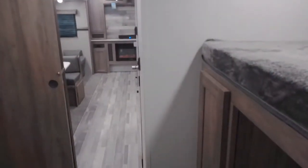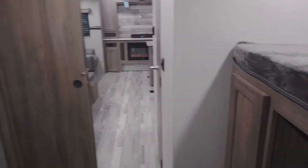The only time I shut them in my own camper is if my furnace is on or my air conditioner's on. Okay, and this is actually pre-wired for a second air conditioner. That's what that is. That's why you got the vent here to begin with. But if you're not going to put an air conditioner in there, which you're probably looking at about $1,500 if you want one of them installed,